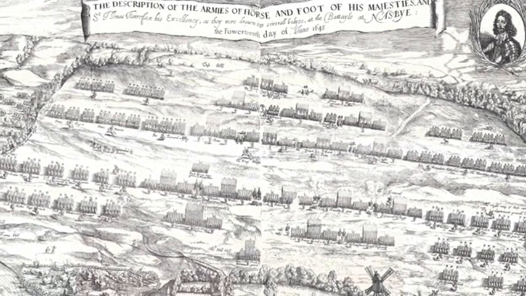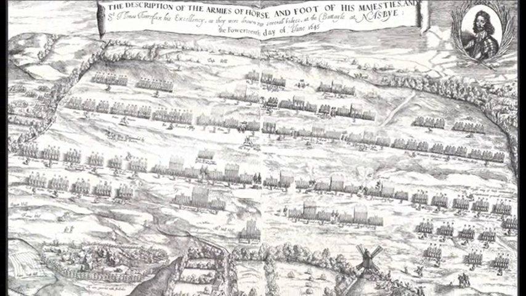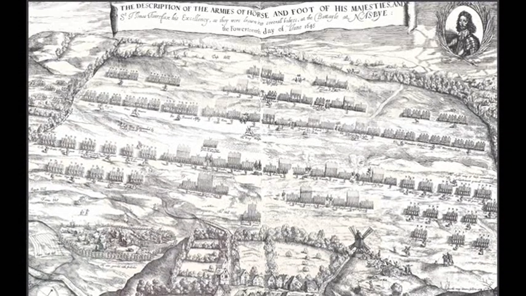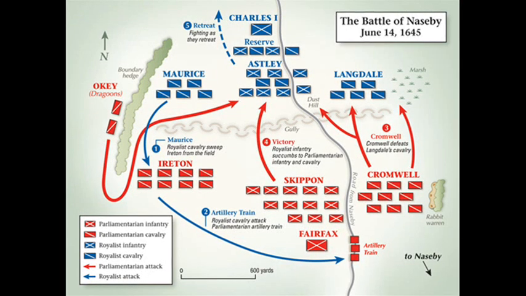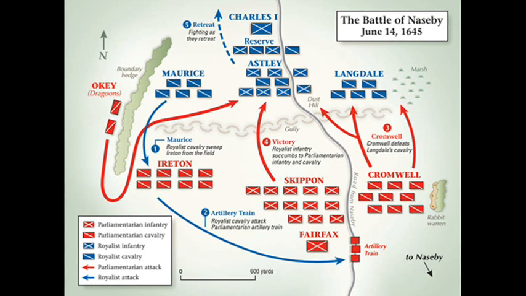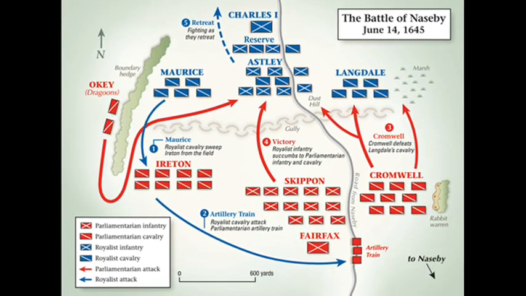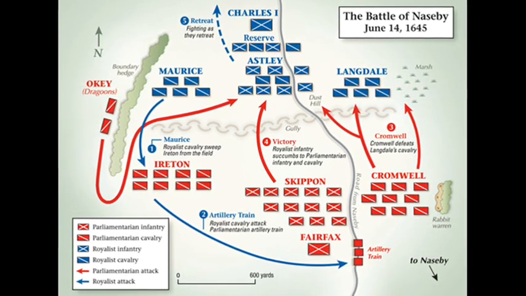Fairfax's army was then joined by Oliver Cromwell's cavalry on the 13th of June. Faced with the choice of either fighting or retreating, the king accepted battle. Fairfax had positioned the Parliamentarian army on a ridge, but was persuaded by Cromwell to move it to a weaker position in order to encourage the Royalists to attack.